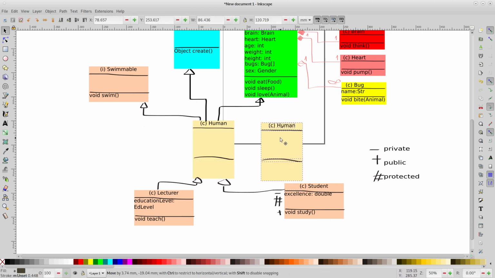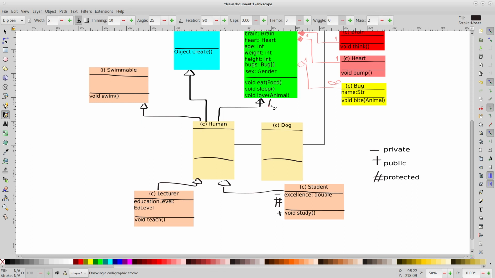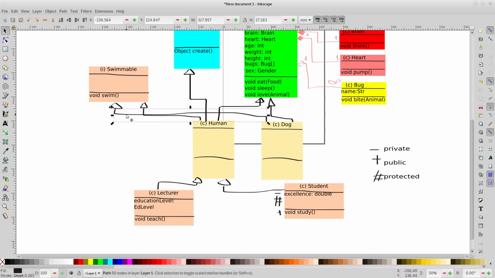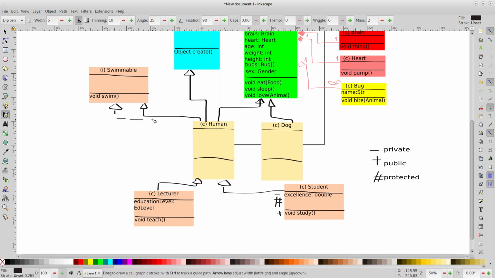and put here some signs of inheritance from Swimmable. Important notice: I made a small mistake here. What is this mistake? Usually this line should be consisted of, okay, let me draw it properly because it's not correct. So it should be not this, but in this way. So it should be drawn with the